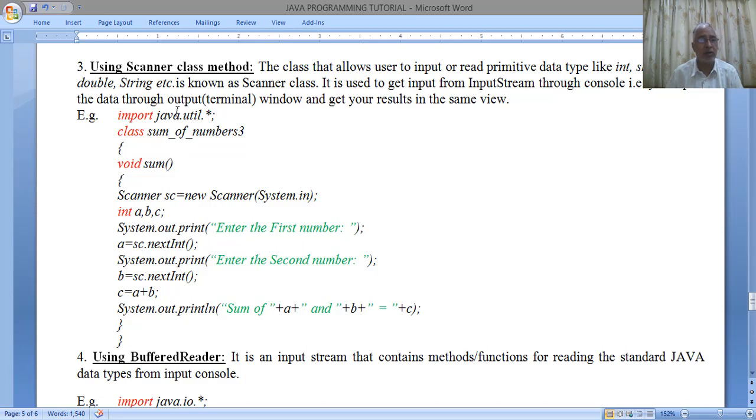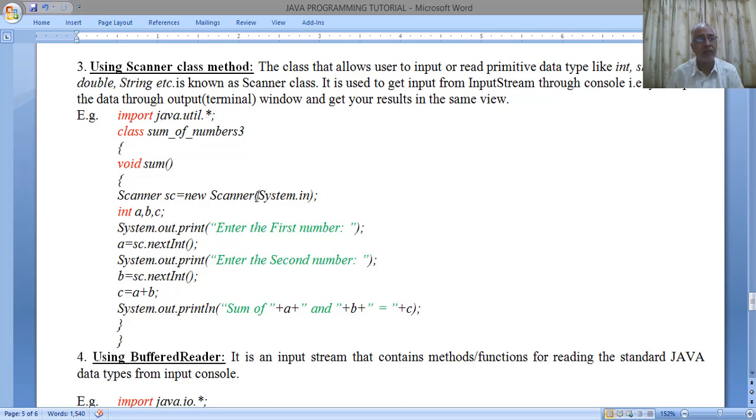Now this is a package, java.util.*. Java.util.* is a package which has a class Scanner. Scanner is a class. This class can only be used when you import this package, because this package is by default not imported, meaning it is not loaded into the compiler. So you write the import keyword and the name of the package so that this Scanner class can work.